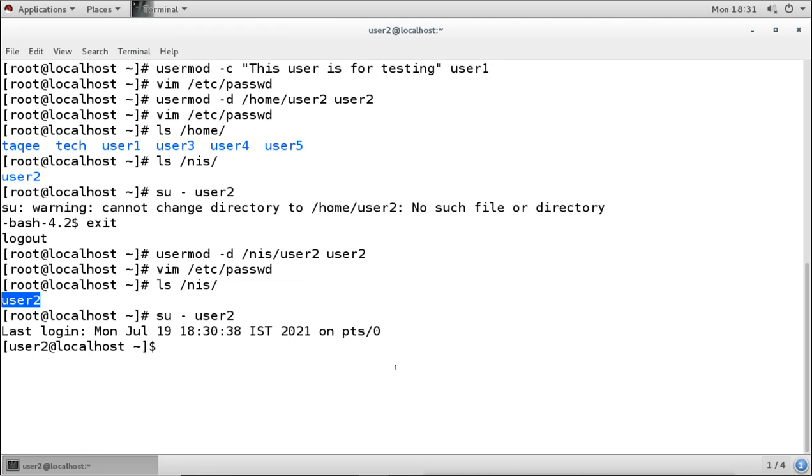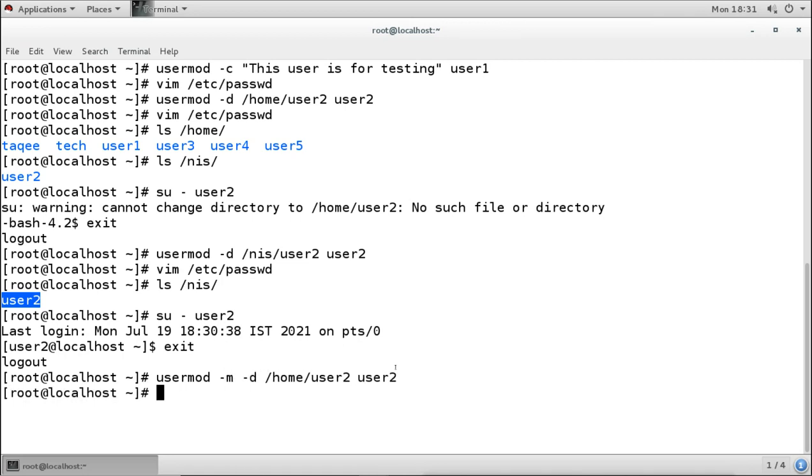So if you don't want to see this error, whenever we move the home directory, we will move with the -m option also. Then it will move the home directory also. So when you check now, under NIS it is not there and it is now under home.